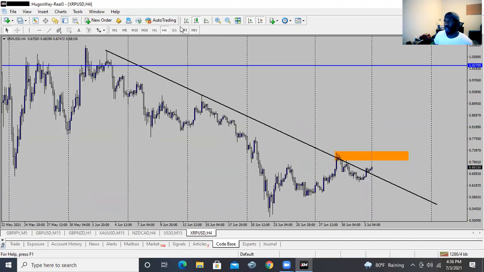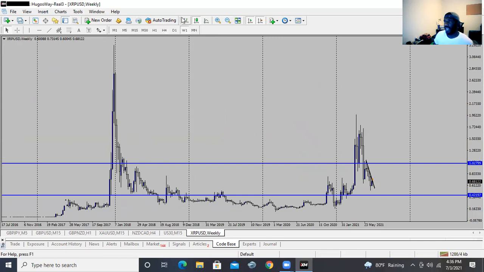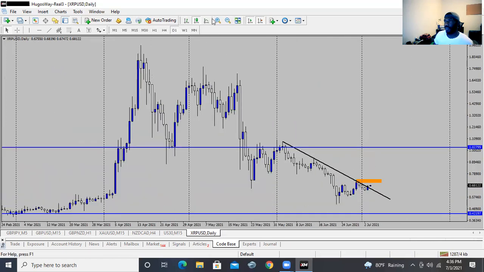But for now, I still have a bearish bias to say that we're going to retest these lows, get a good double bottom off of those lows, and then continue to the upside. Last week lows were broken, made lower lows, lower high, lower low, reversal to the highs. That's what I see right now on XRP.